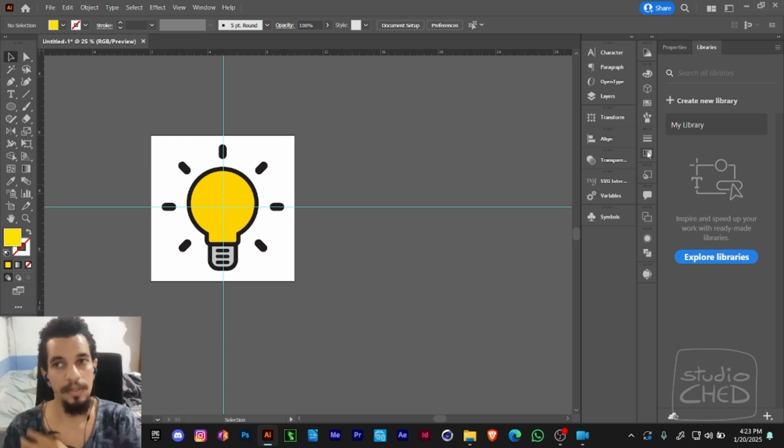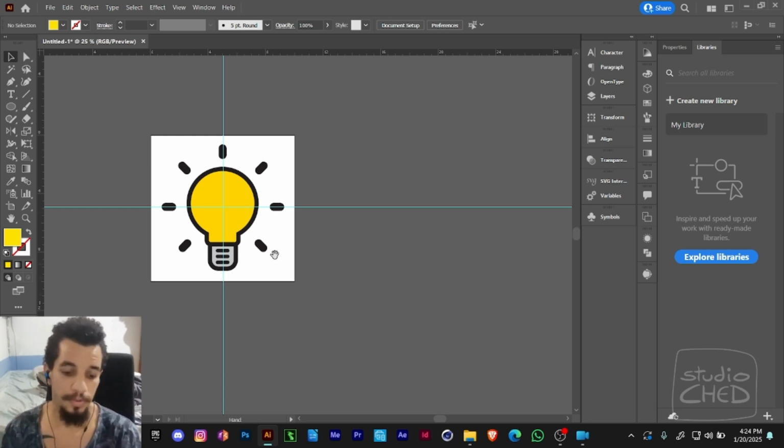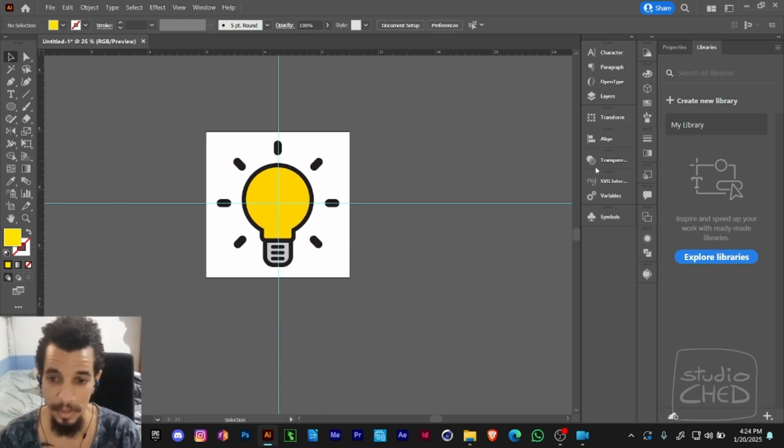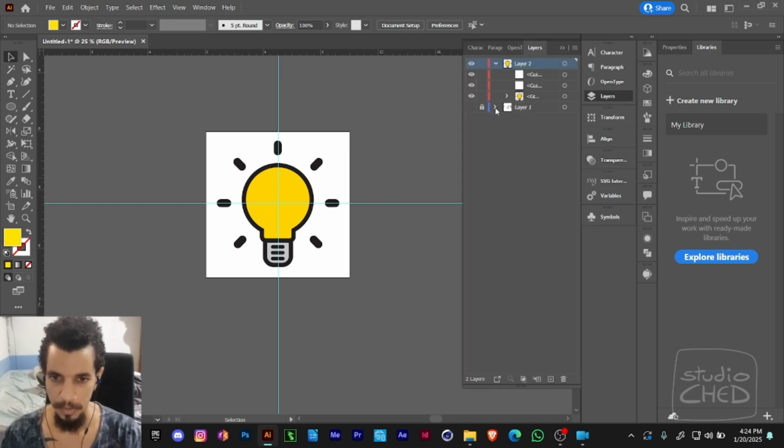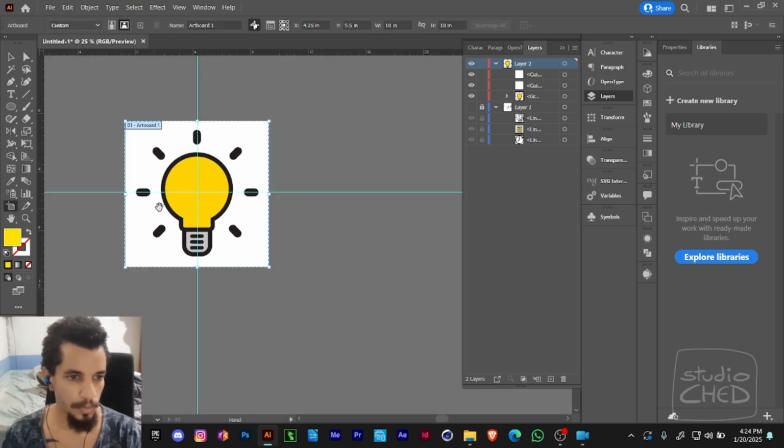If you need vectors, or if you're going to pass the file to somebody else to animate, they tend to want things natively built in After Effects, and it's a good practice to do that too. If you save your After Effects project and move the file somewhere, you lose your assets and have to relink and stuff like that. But for me, because I understand my workflow, I'm going to continue working in